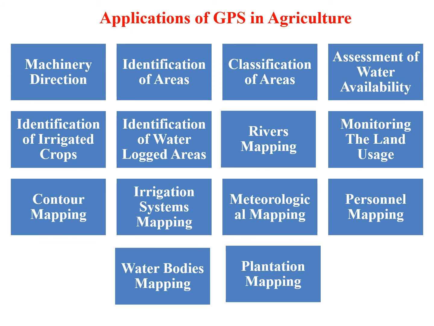Identification of swamps and other waterlogged areas. GPS can be used to identify swampy areas and waterlogged areas that may not be ideal for certain types of crops. This helps in determining the suitability of this type of lands for certain crops and their non-suitability for other types of crops.